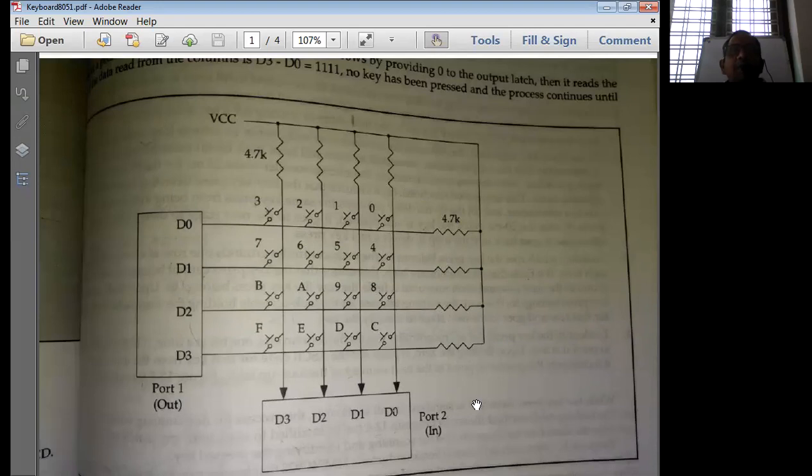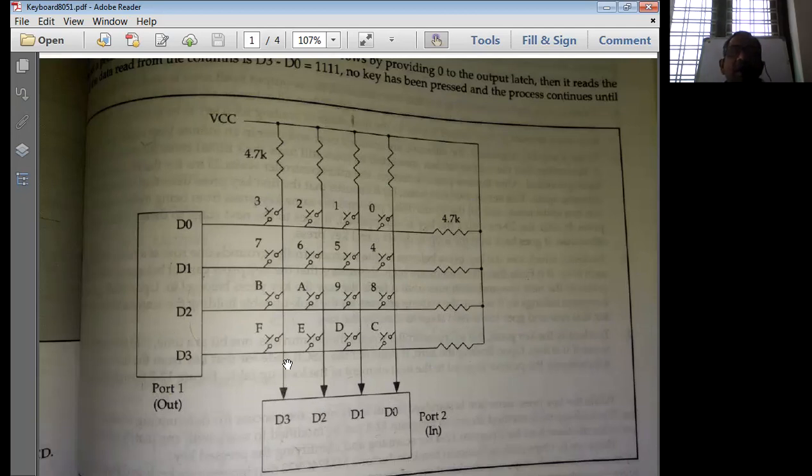Now, how are we going to program this keyboard interfacing? First of all, we'll make sure that the column lines are all high initially, and the rows are all zeros. If all the columns are 1, what happens? If the switch is open, VCC is simply connected to D3, similarly to D2, D1, D0.